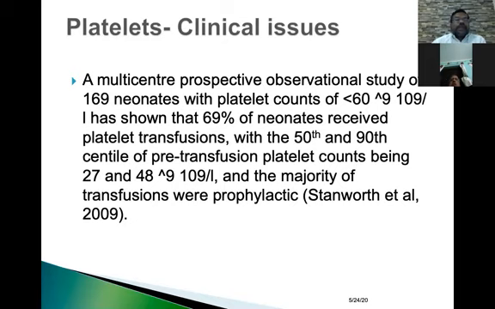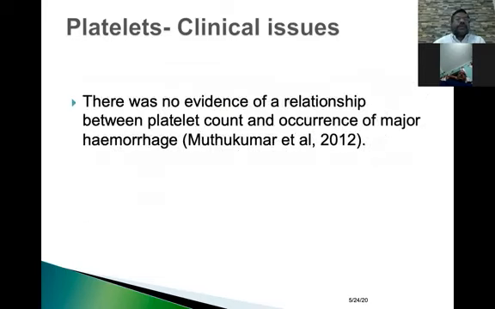Subsequently, Stanworth did a prospective observational study for less than 60, and again, they did not show any difference because of prophylactic ones. And Muthukumar in 2012 clearly mentioned that there is no evidence of relationship between platelet count and